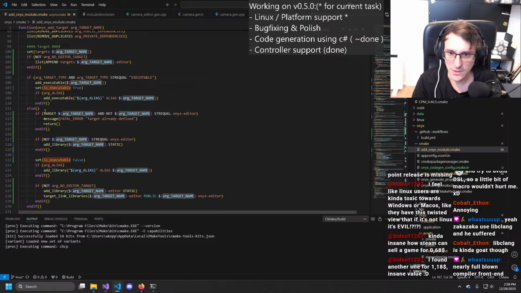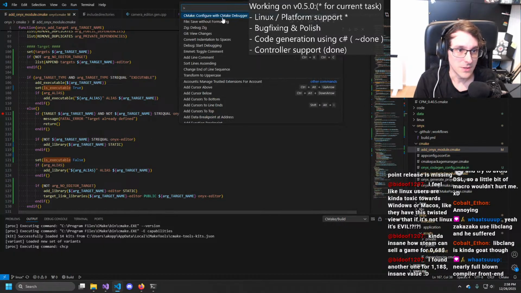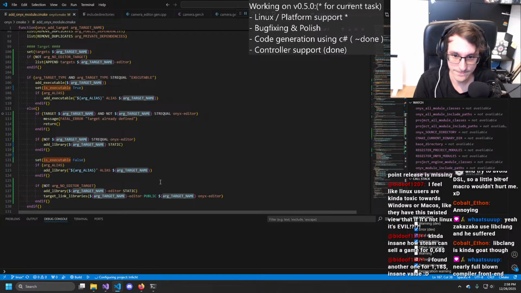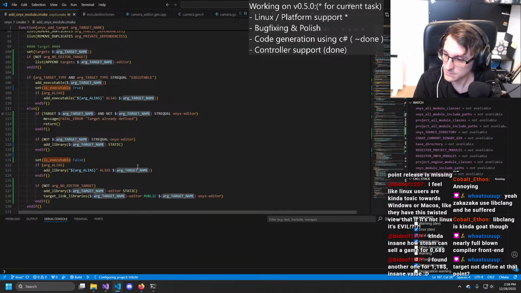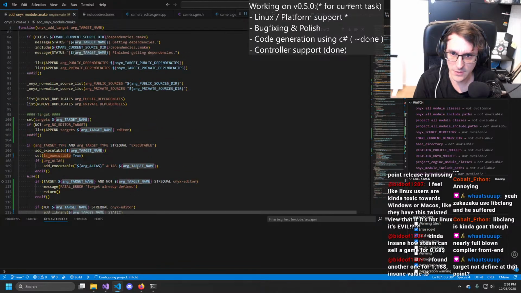Okay, let's actually... CMake debugger, why not? Well, it should be defined at that point, but